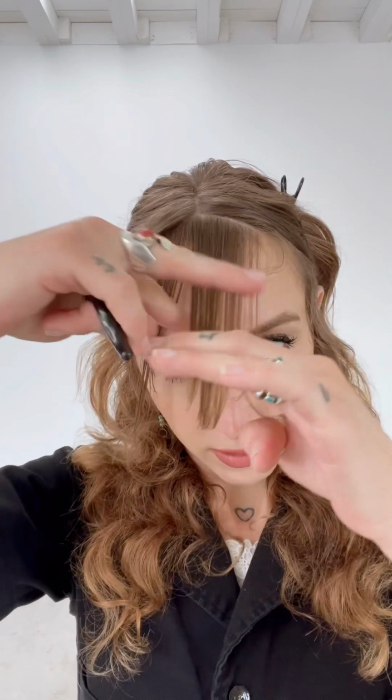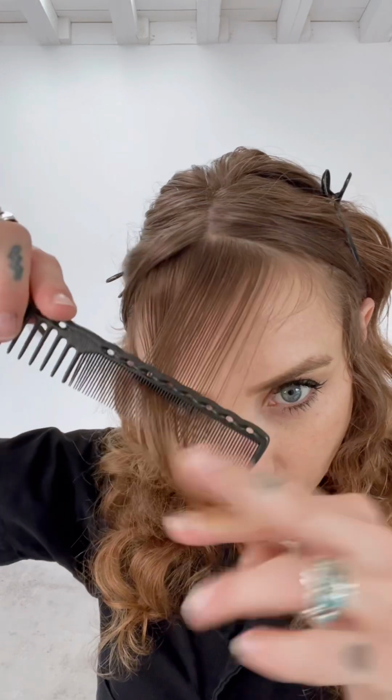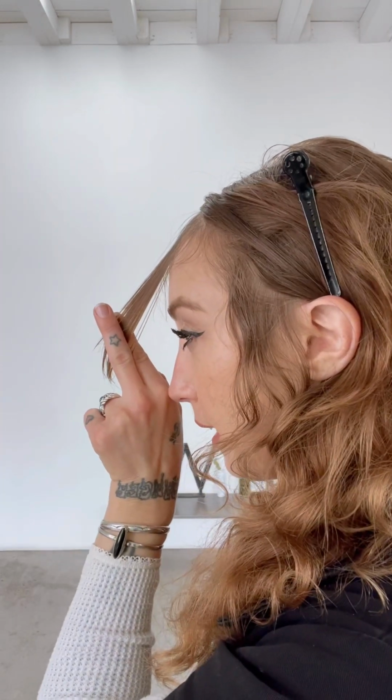Here's our comb. And now, here we go. Visualizing. If we want a wider bang, we're gonna cut a little bit less directed over, okay? And we're gonna cut parallel. Yes, okay? So if we want a more narrow bang, then what we're gonna do is grab the same section, we're gonna actually twist it vertical like that and cut it on the other side of our noses,